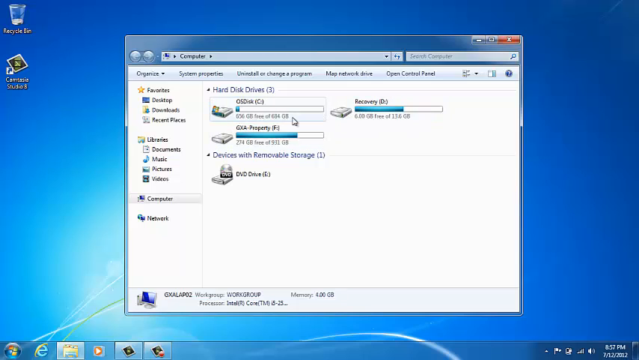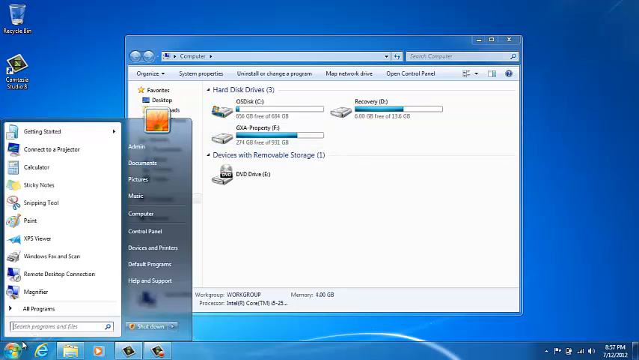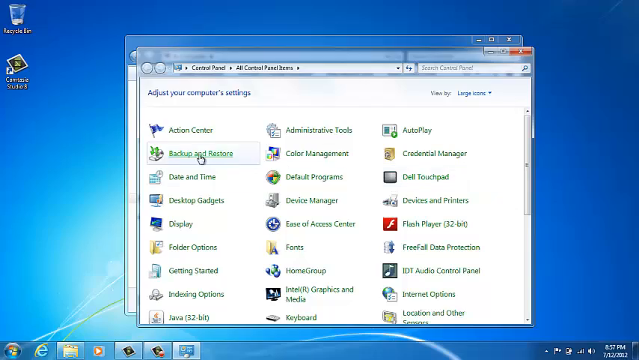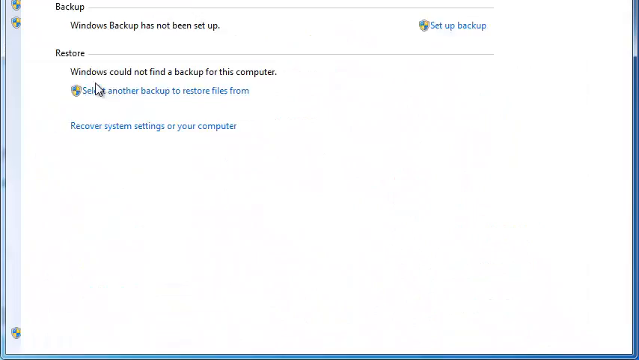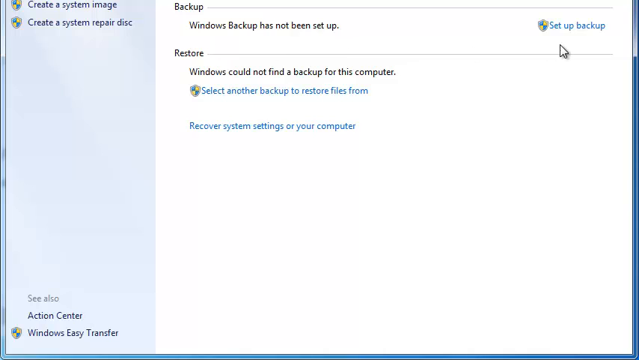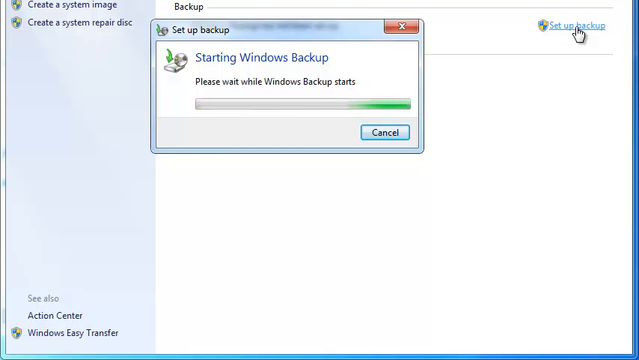So in this case, I'm just going to show you, even though the F drive does not have enough space, how to set up the backup. The external USB drive in this computer is the F drive, which is labeled as GXA Property. In order to set up the backup, we go to Start and then Control Panel, and then in Control Panel go to Backup and Restore, and from here we go to Setup Backup, and now it